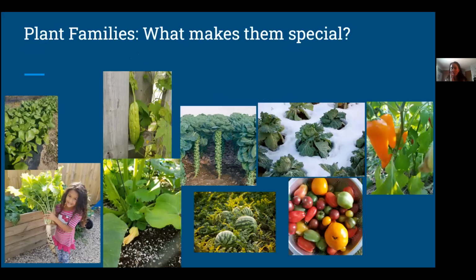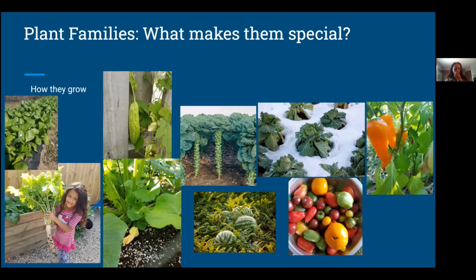And here are some really beautiful pictures that Kajua took. This is her daughter down here in the left corner. What makes the plant families special is just how they grow. They all grow very differently, but also similarly. As we can see down here, I think this is a zucchini plant. The zucchini plant is going to spread out a lot. It's going to have the vining and need a lot more space than maybe